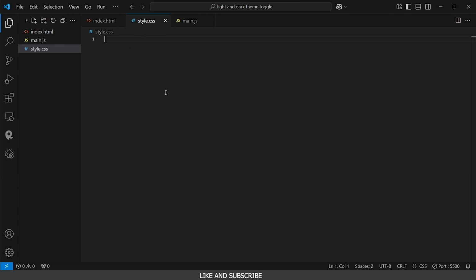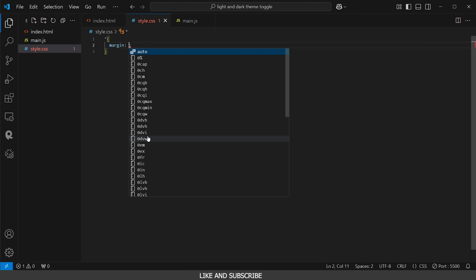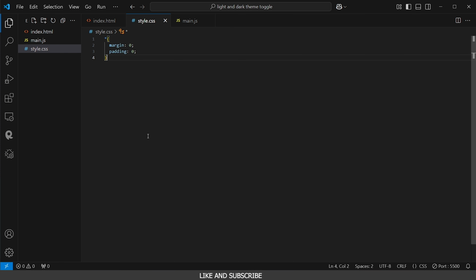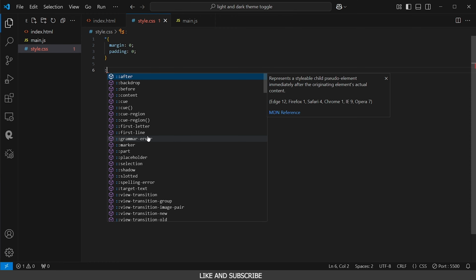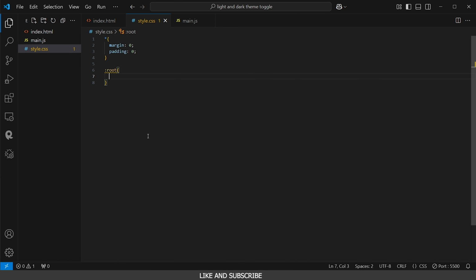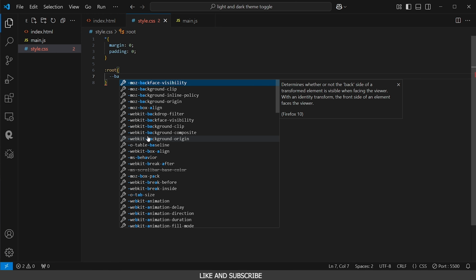So for the CSS, we just need to remove margin and padding from our website, and to do that, just add an asterisk. Set the margin to 0 and set the padding to 0. Then after that, we're going to create the variables we need. We need some variables for the light and dark mode. So just create a root in here, and the first variable is going to be background,